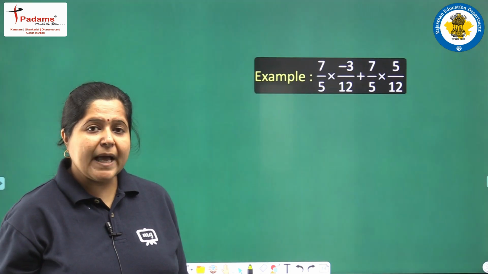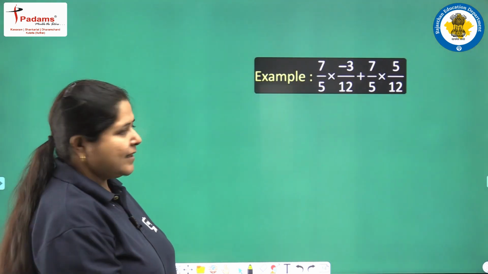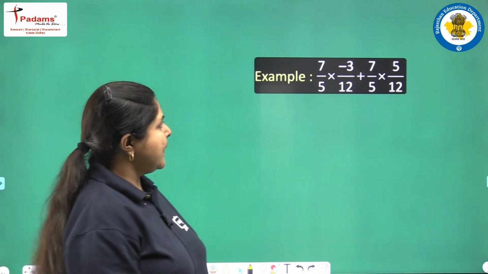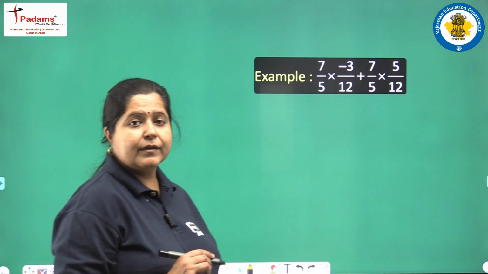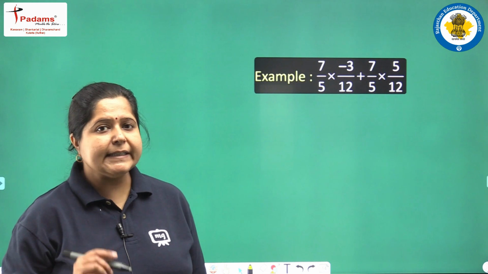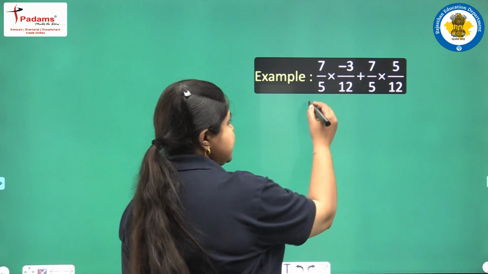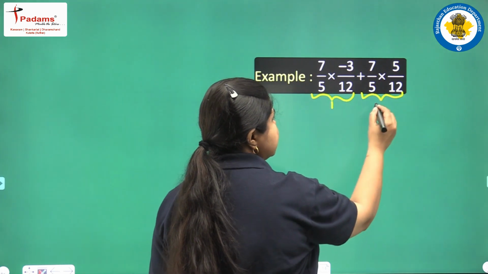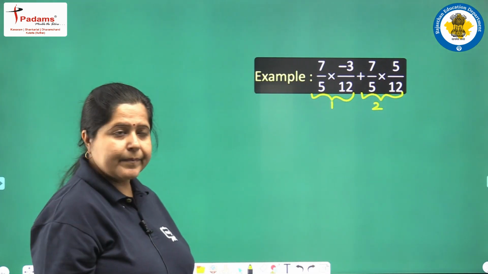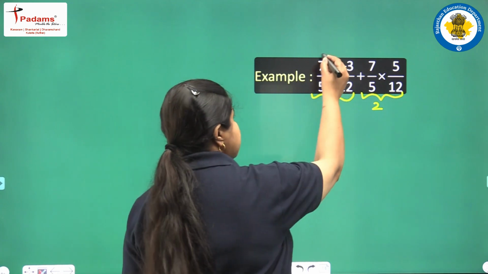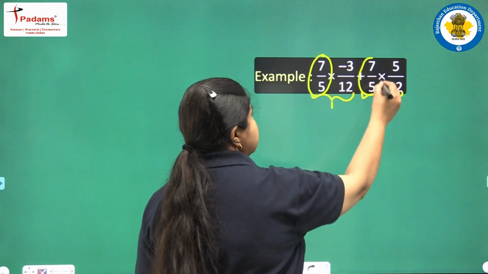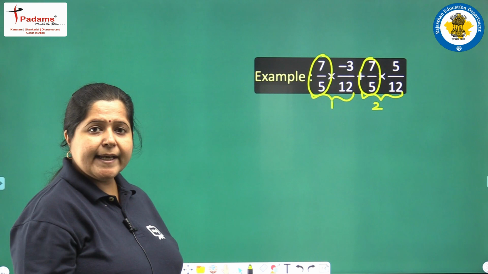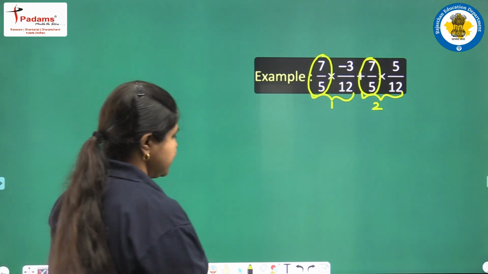Now how will we apply this in solving the questions? Here is just one example. You see the 4 terms are visible, but it is not the case. When there is multiply in between, we take it to be one term. This is the first term, this is the second term. What do you see? 7 by 5 is common in both the numbers. So we can take it out as a common element.